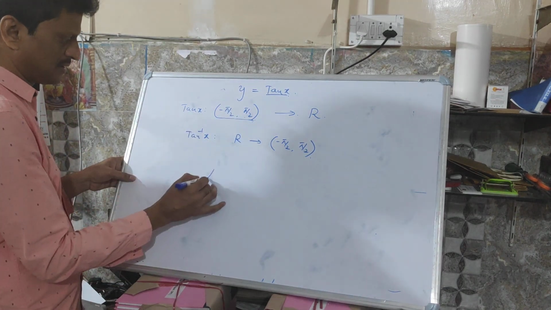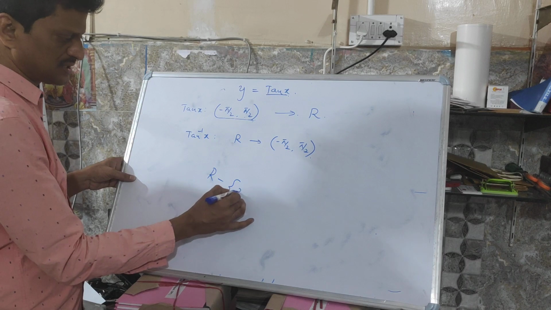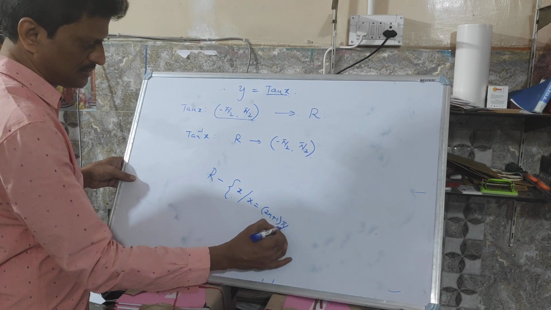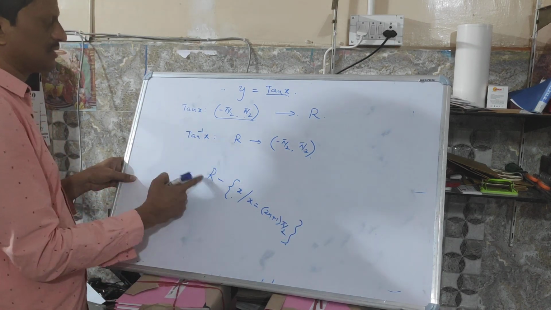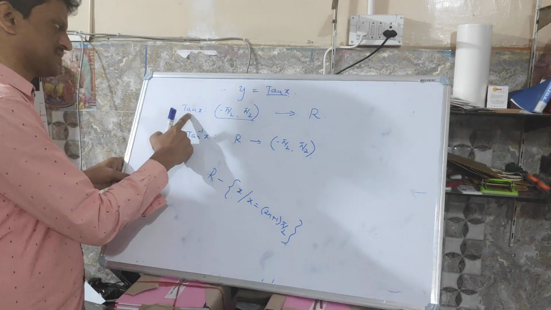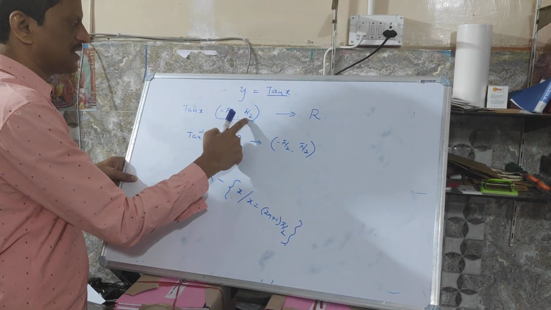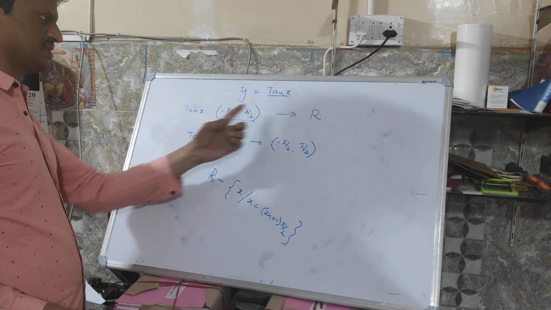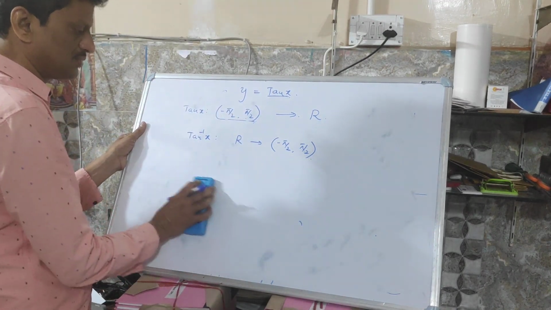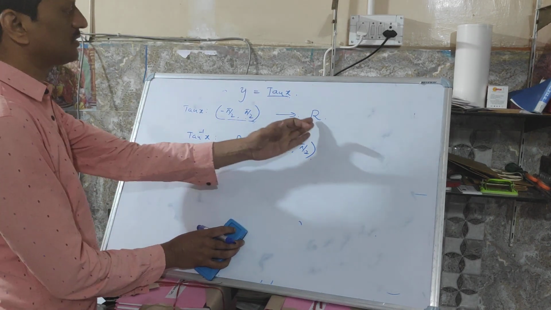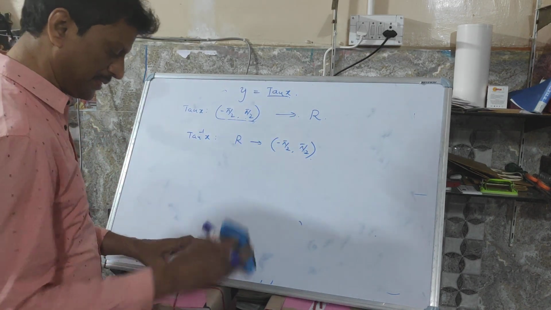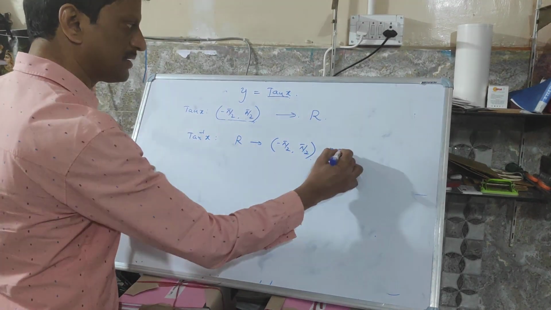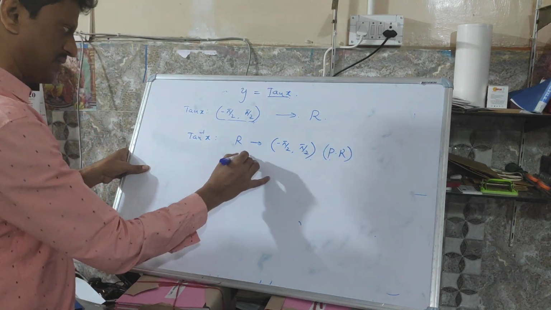What is the complete domain? R minus the set of all x where x is equal to (2n plus 1) into pi by 2. This is the complete domain of tan x. From that we restricted tan x to the open interval minus pi by 2 to pi by 2. Once we have taken that restricted domain, the function tan x is one-one and onto, that is, bijective. Hence its inverse goes from R to the open interval minus pi by 2 to pi by 2. Now I am plotting its graph for this principal range.